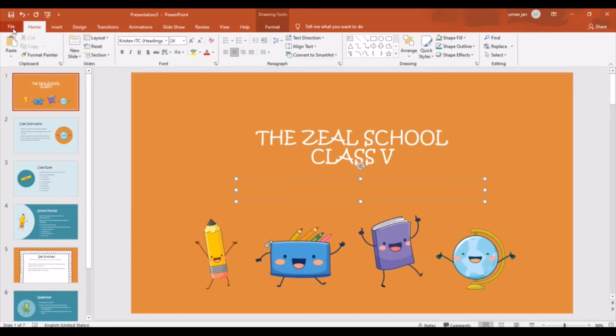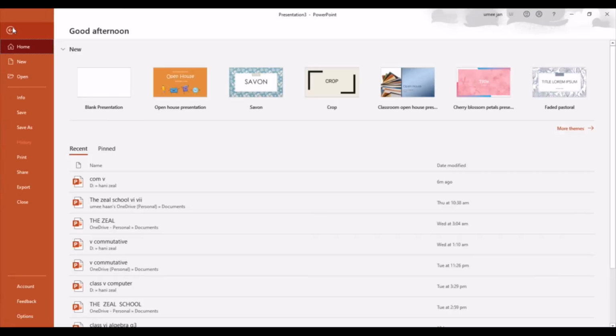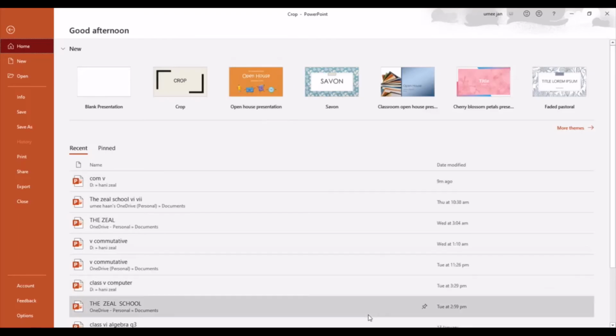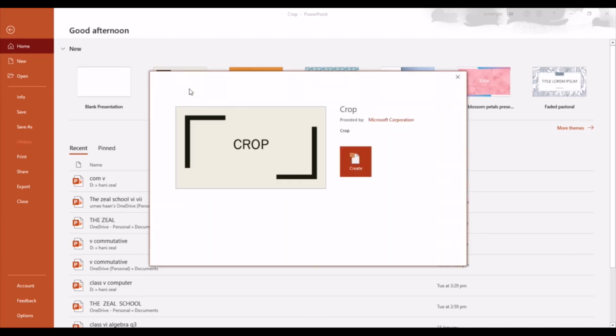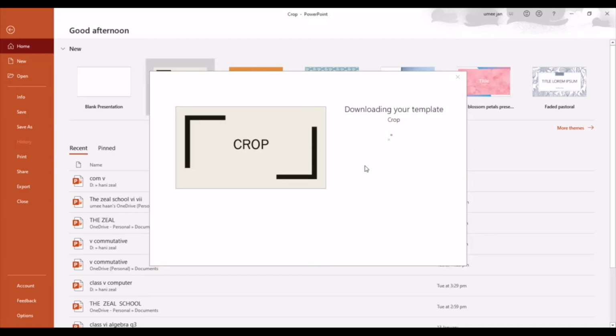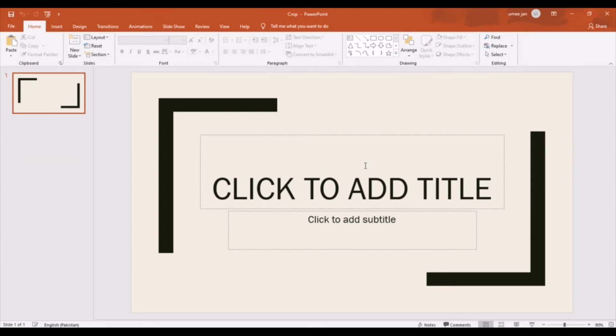Now I am going to show you how to create. Now I will explain how to make a presentation by selecting a theme. Click on any theme which you want, click on the create button, and the title page will appear on your screen. Add the title. How can you add text in the placeholder?